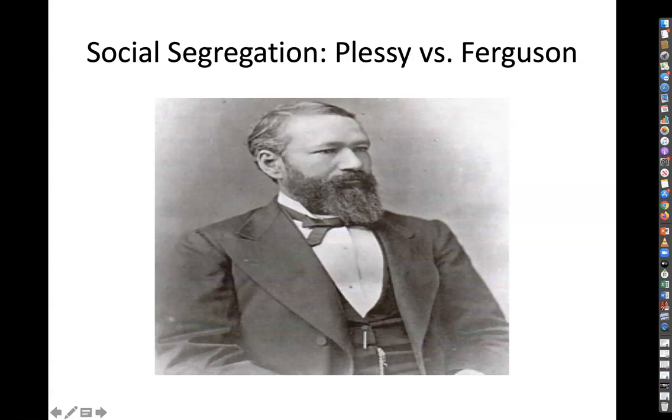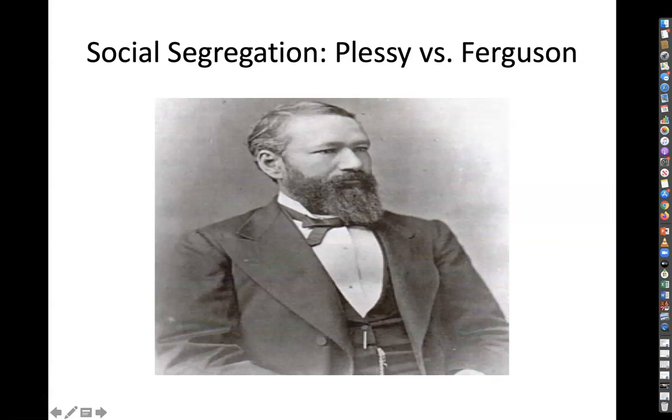And then he publicly announces that he is indeed Negro, so to say. And then, of course, he's told to get off the car and go to the colored only car. He refused to do so. And this leads to a court case. Now, it went all the way to the Supreme Court. Okay, traveled from local Georgia court to the Supreme Court.